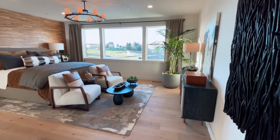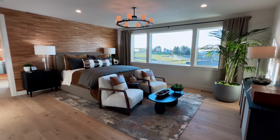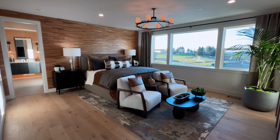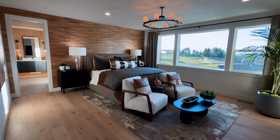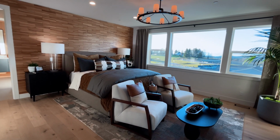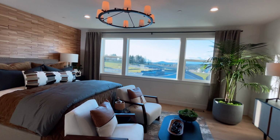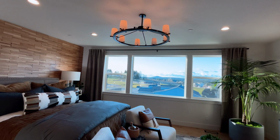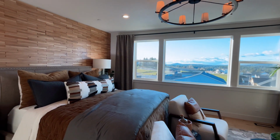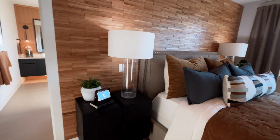I absolutely love everything about this room, from the horizontal interlocking accent wall behind the bed to that beautiful chandelier, and just how they have decided to furnish it as well. It just feels so cozy and inviting. Obviously, we have great views through those windows, but we're going to proceed on here to that primary ensuite